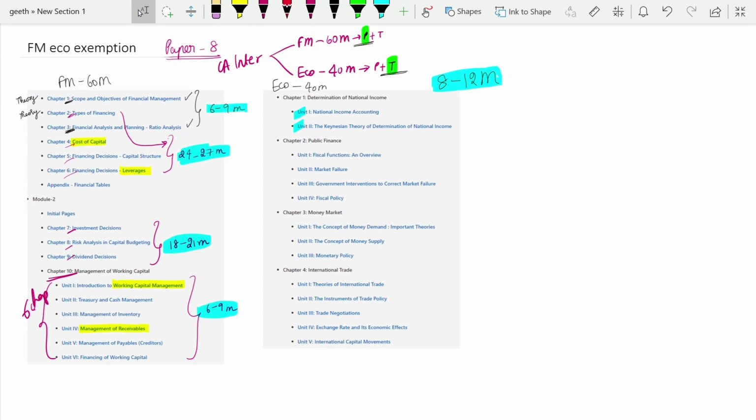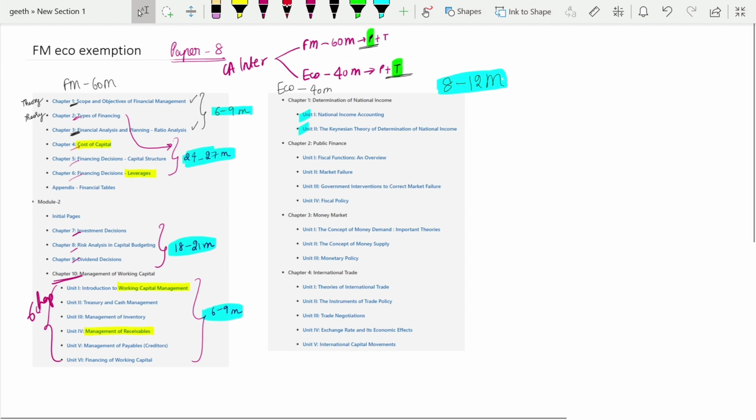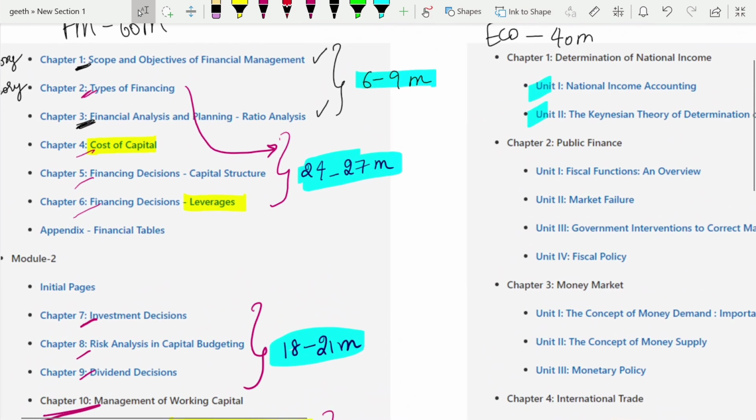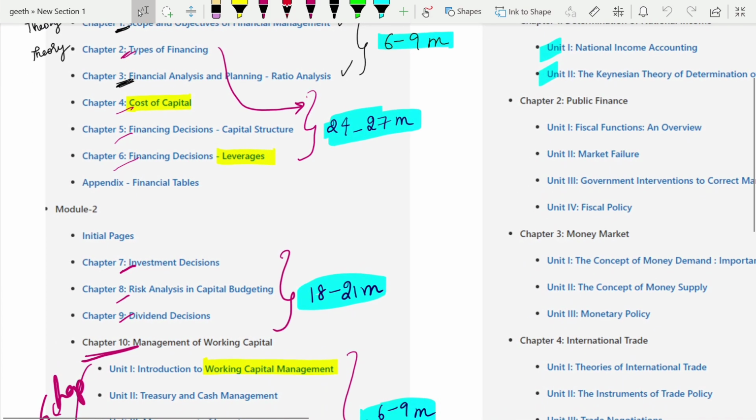Now I am going to tell you what chapter order you will have to follow, so that first you can pass in the exam with good marks, and second that you can score exemption. Okay. So first let's start with talking about the financial management paper. Okay, so first what you have to do is, when you sit to study, first you have to start with